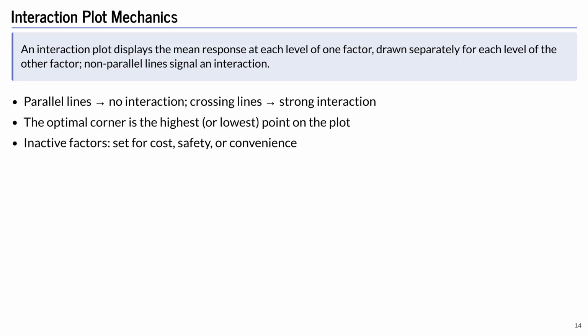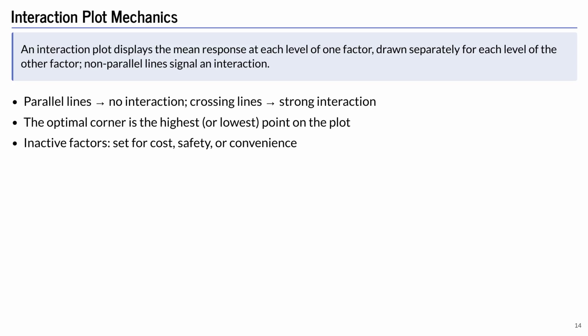In our case, one line for 2% catalyst and one line for 4% catalyst. Each point on a line is the mean response at that combination of the two factors. If the lines are parallel, the effective temperature is the same regardless of catalyst level, and there is no interaction. If the lines are not parallel, if they converge, diverge, or cross, the effective temperature depends on catalyst level and